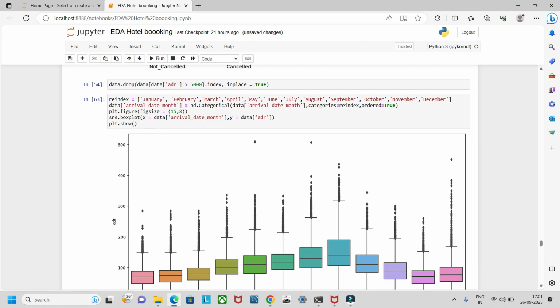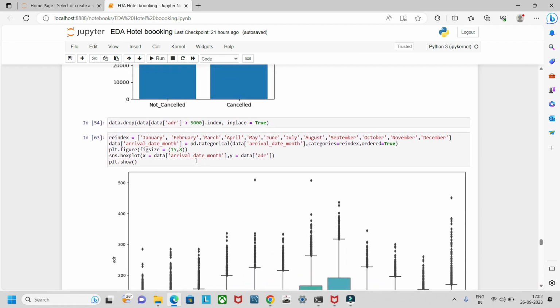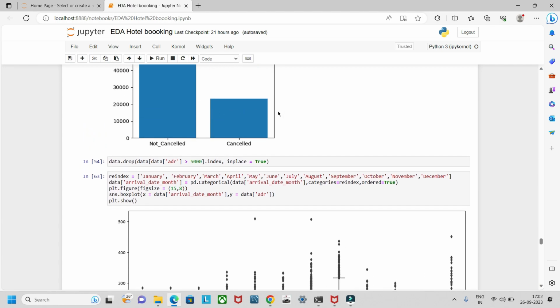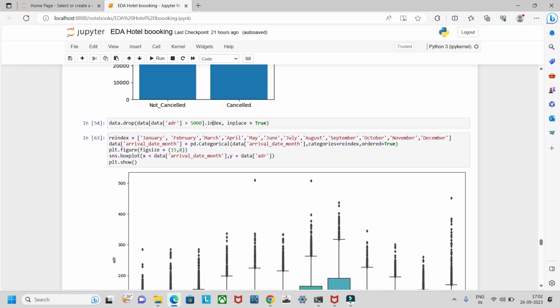Okay, so what the box plot does here is we dropped the ADR values greater than 5,000 because they were outliers and hindering our analysis. So you can pause there. You might have seen that these graphs were a bit squeezed down because of the value 5,000, so I dropped that. Now what I'm doing is specifying the columns as Jan, Feb, March, April on the